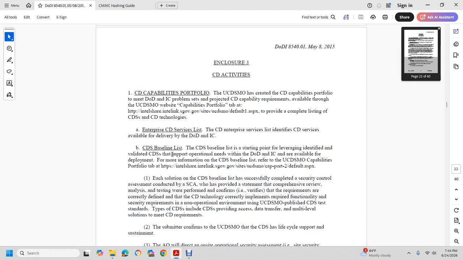leveraging and identifying with the LA the cross-domain solution operational need with the DoD, with the information commander available for the deployment. For more information, see the cross-domain baseline list. Cross-domain solution MO capabilities portfolio: Intel share, Intellect, SGov, the SI, site, USD, SMEO, cap port 2, default, each solution,